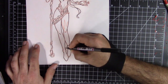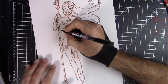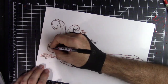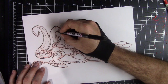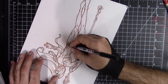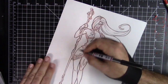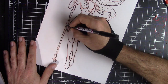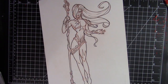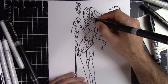I don't picture her in a sword fight battle or something like that. Whatever power she has is sort of a projectile or a spell that she casts. She probably wouldn't be doing a lot of hand-to-hand combat. So most of what you see is probably the design, and what armor she does have probably has more to do with wherever